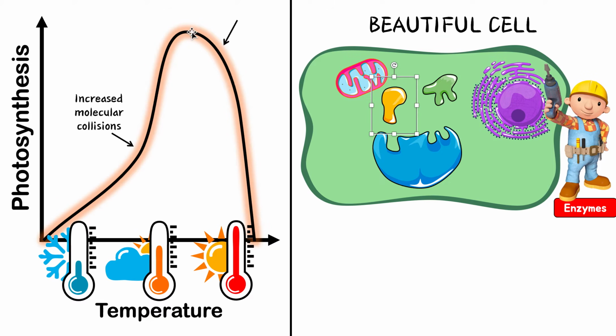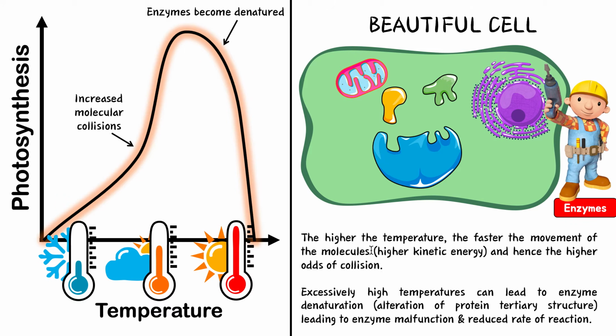But there's a limit to that. There's going to be a certain point where if you cross that point, you are no longer benefiting. You are now causing these enzymes to become denatured. Remember, an enzyme is a protein. It's made up of amino acids that are linked together. If you pass a certain temperature, it becomes too hot and you break apart the bonds holding together this protein. So you start denaturing it, and that's basically breaking it apart. And if you're breaking it apart, now it can't function anymore. It cannot bind these reactants anymore to make the product like it used to. You're breaking its tertiary structure. So that's why.